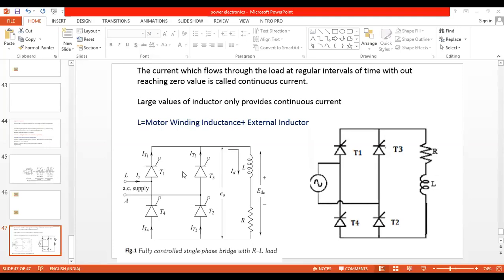That is why the name stands for fully controlled converter, which can be operated for the positive half cycle and negative half cycle. So in today's class, let us concentrate on the explanation of this circuit, the fully controlled converter with resistive inductive load. Inductive load means LR load. Right. In order to discuss this clearly,